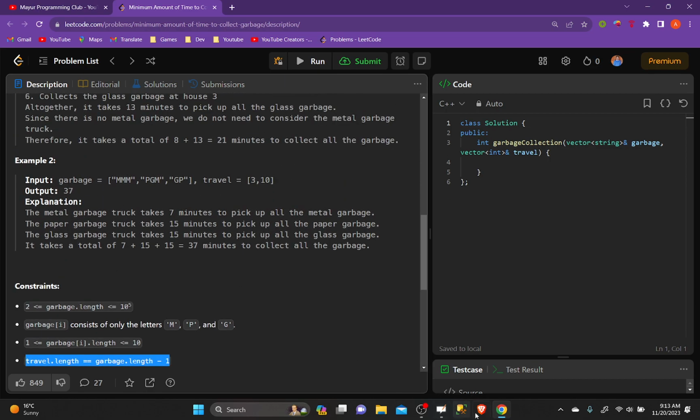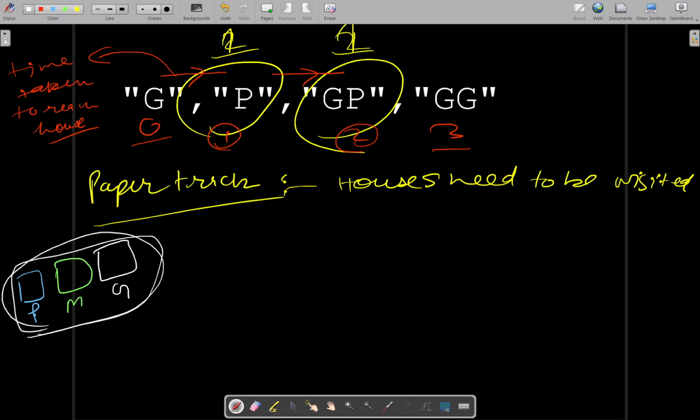So let's form a solution. Basically, we can do a simulation kind of thing here. We will go as per the rules, and then we will form the answer in one traversal. So it will be a simulation solution. But instead of picking each truck one by one, we will be making some observations. So first observation being,